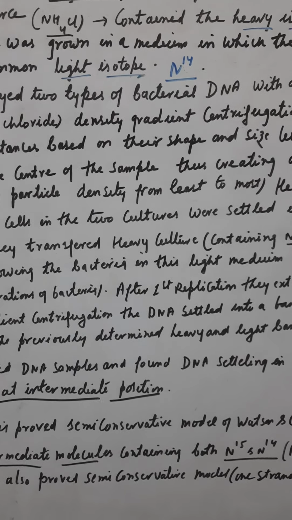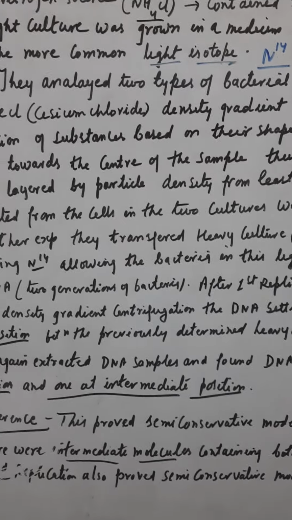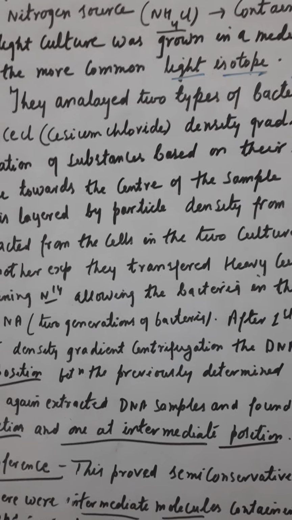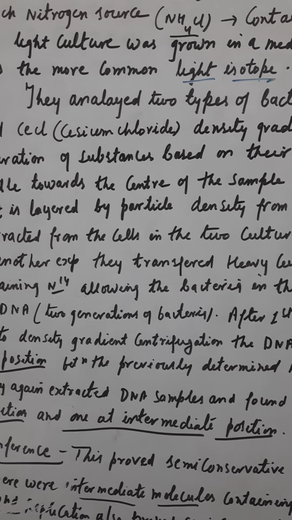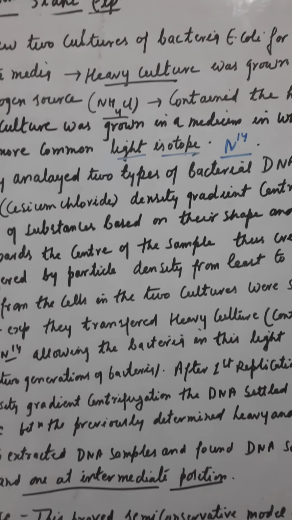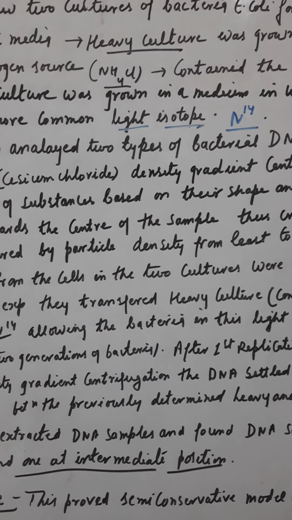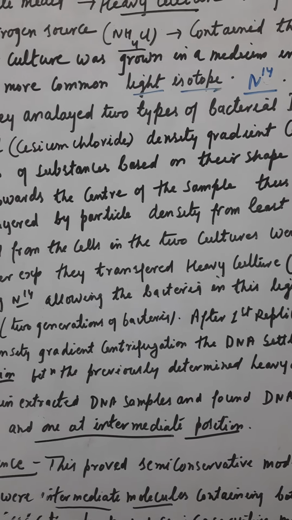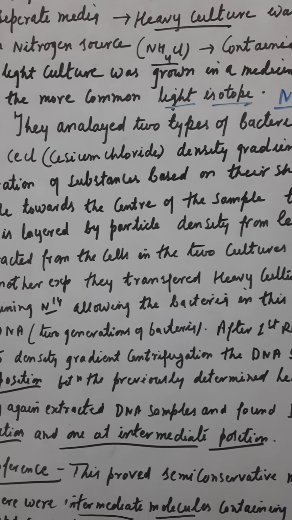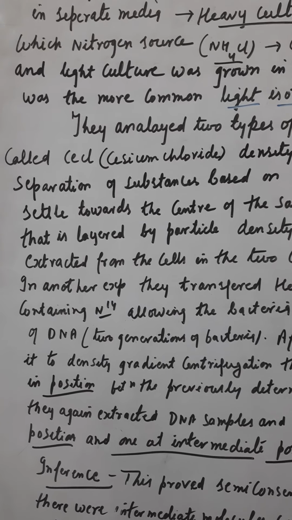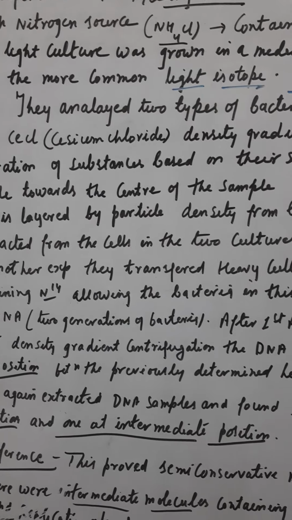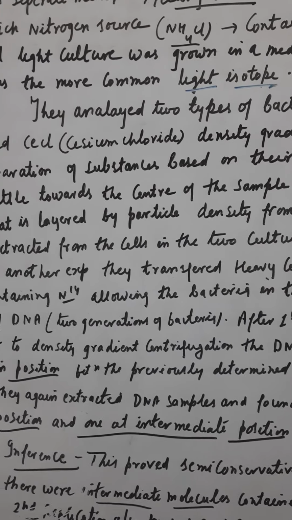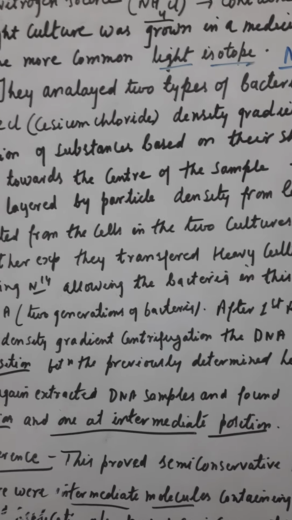Children, in the board examination, please understand the question, whether they are asking about the semi-conservative model or whether they are asking about the experiment proving the semi-conservative model of DNA replication. Most students don't understand and write on their own, looking towards the semi-conservative model only. So if it is asked that you have to write about the proof, then you have to write about the Meselson and Stahl experiment. Again, I am recapitulating whatever I have said.